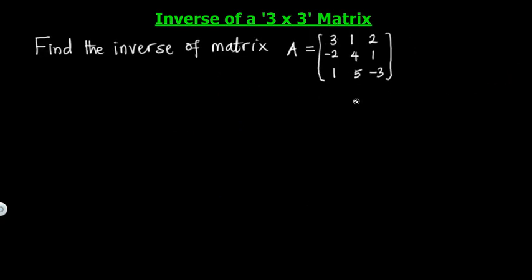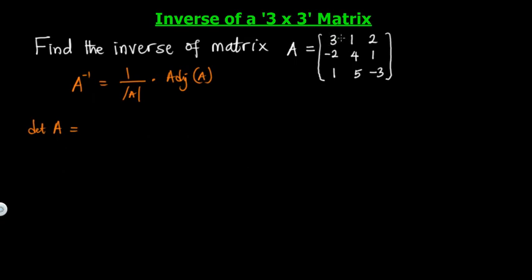We are to find the inverse of this matrix. So in doing so, the very first thing is we are to find the determinant. Recall that A inverse is equals to 1 divided by the determinant of A multiplied by the adjoint of matrix A. So to get the determinant, that's determinant of A equals,